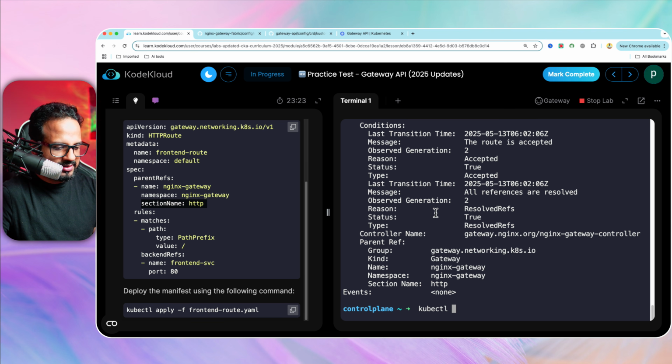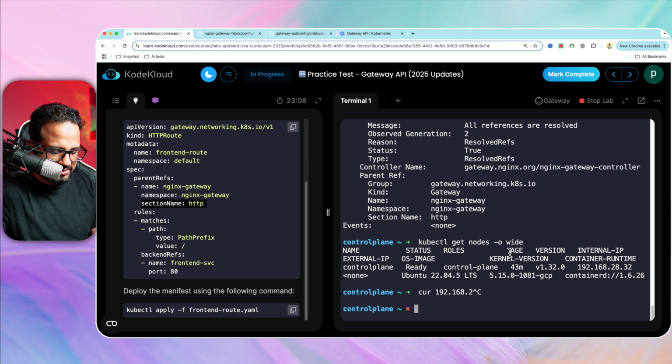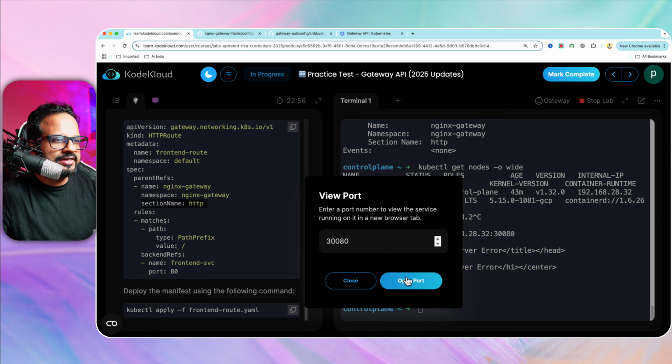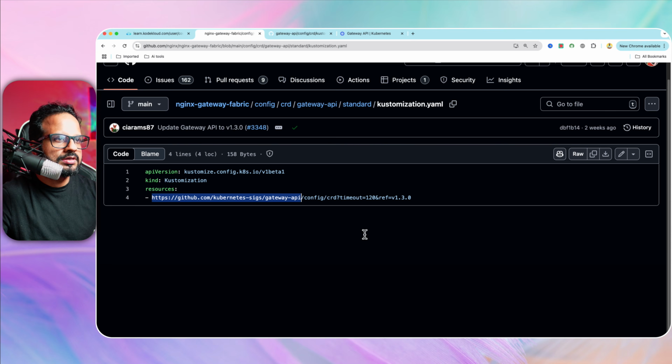Let's see, kubectl. We need to get the node IP. Okay, so get nodes -o wide. Our node IP is this one, and if I do a curl on the node IP colon 30080. Oh, it won't be from here because we have to do the port forwarding. So 30080 on the slash path. No,